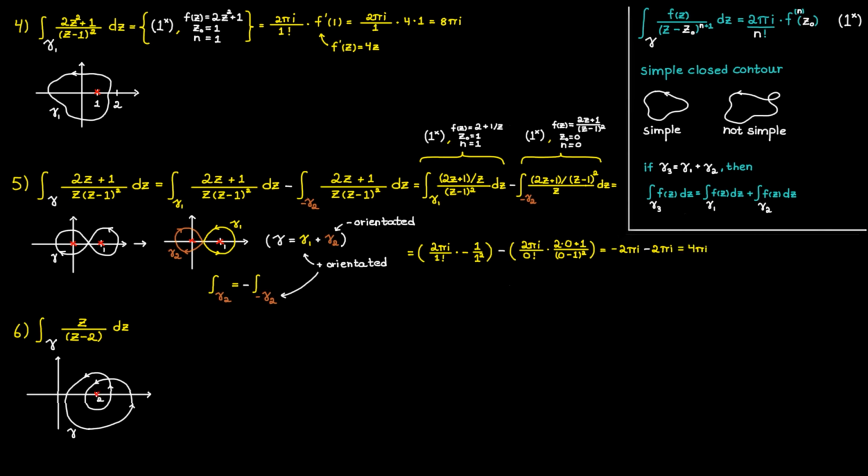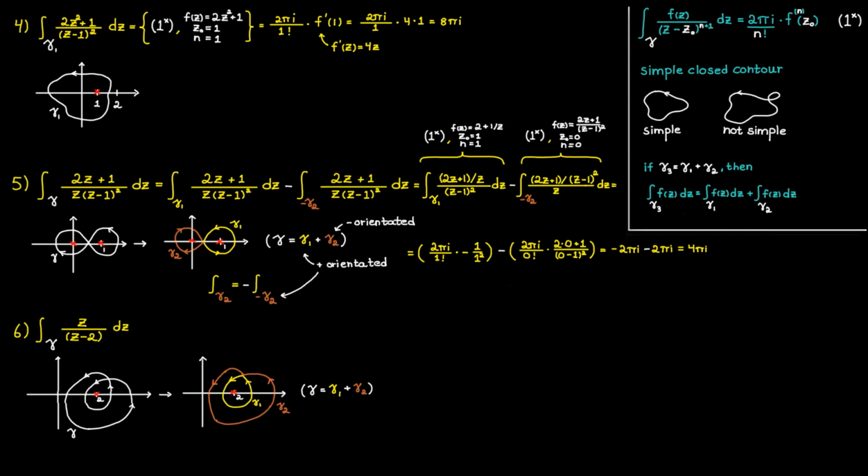In our last example, we start by marking the singularities, which can be found at c is equal to 2, and then you can notice here that our contour gamma is not simple. So we once more need to break this big one up into two smaller ones. And I can do that by creating these two contours, gamma 1 and gamma 2, which both are simple contours. And here once again you can note that our big contour gamma is going to be made up of the sum of gamma 1 and gamma 2.